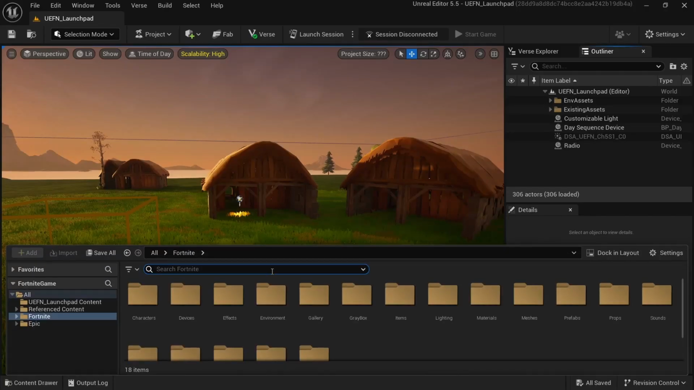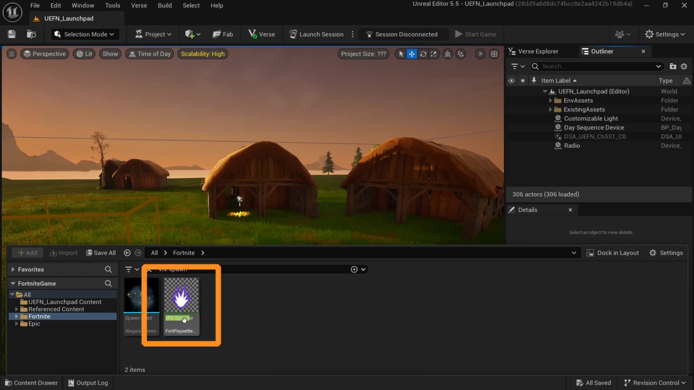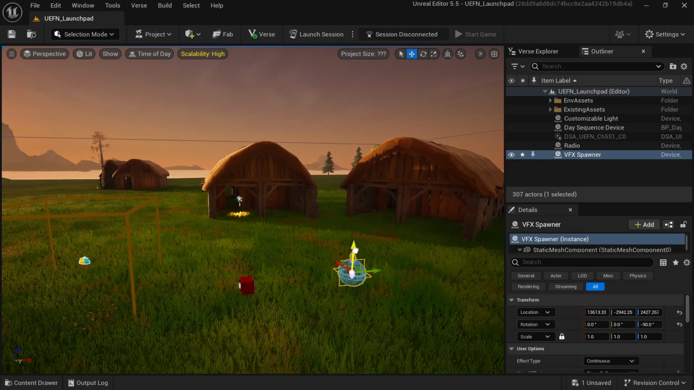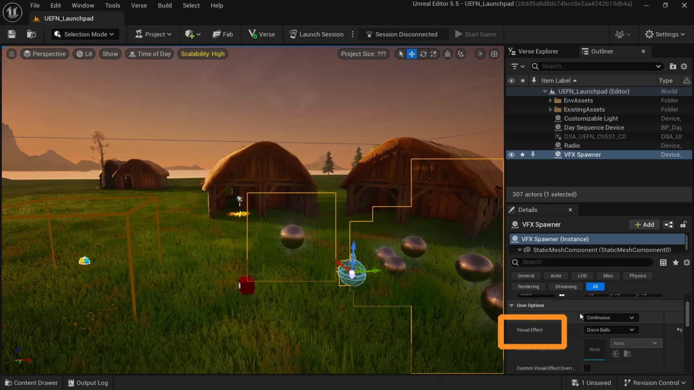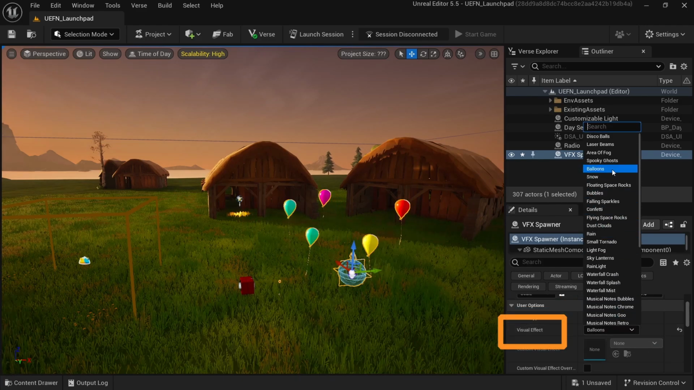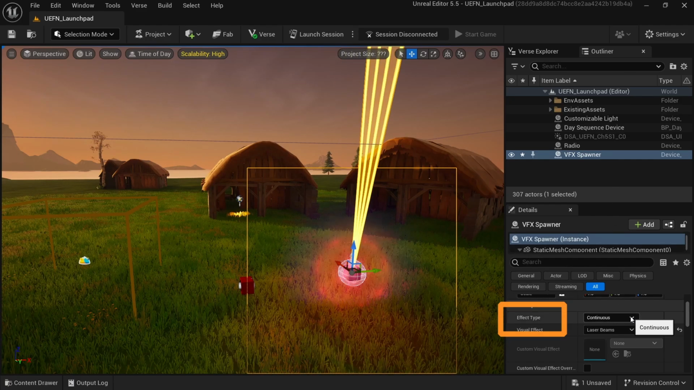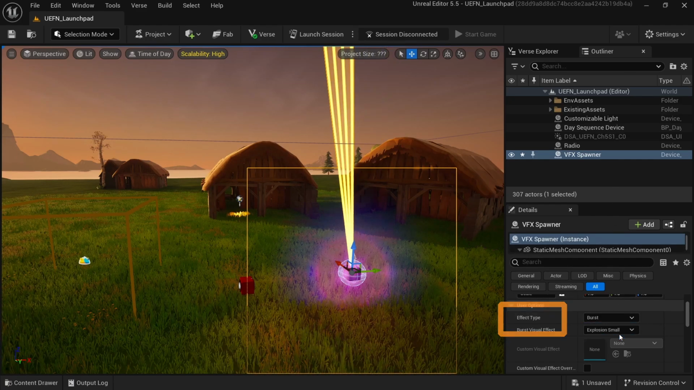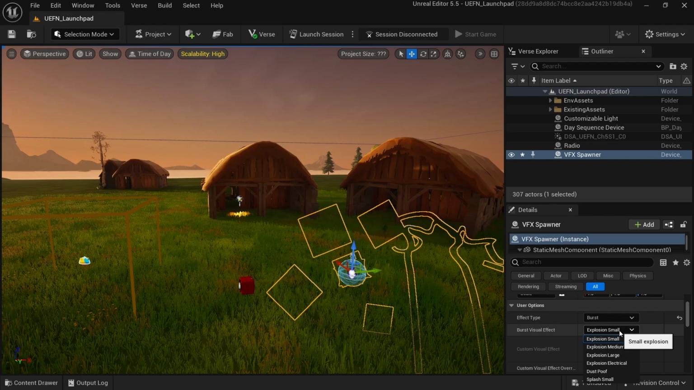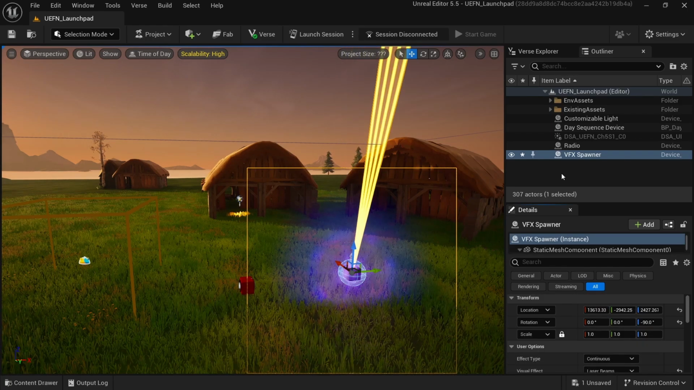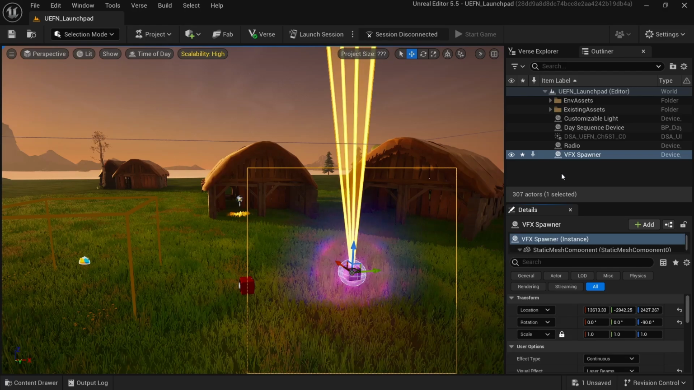To add visual effects to your scene, such as snow, rain, disco lights, or explosions, use the VFX spawner device. Under the visual effects drop-down, you'll see dozens of pre-built visual effects from the Fortnite library. If you change the effect type to burst, you can also find a few more options for explosions. Like many other devices in UEFN, you can make these visual effects get triggered based on specific moments or player